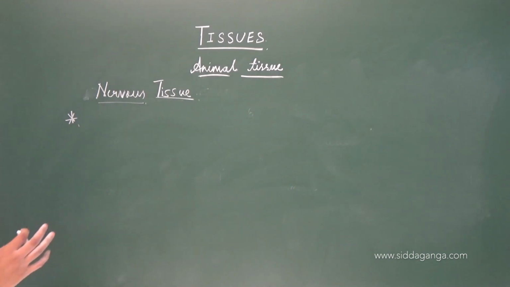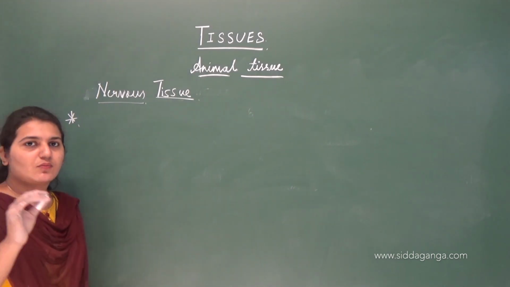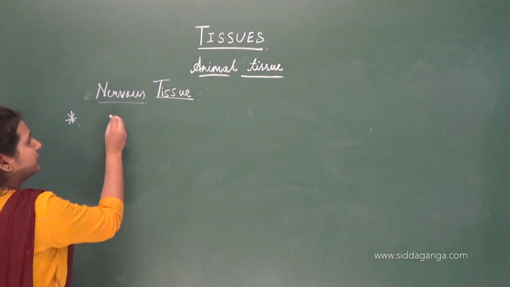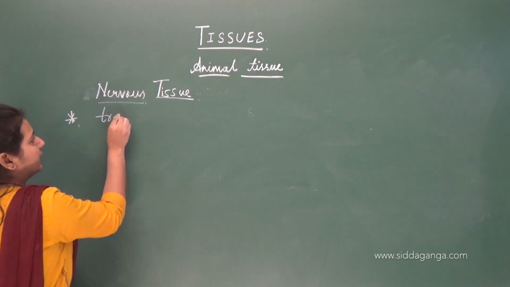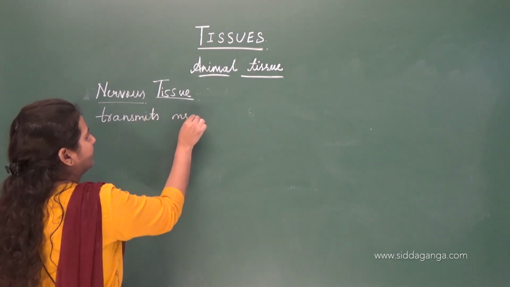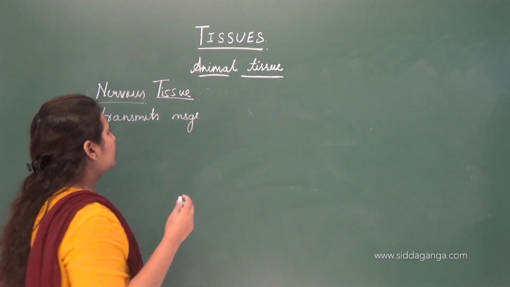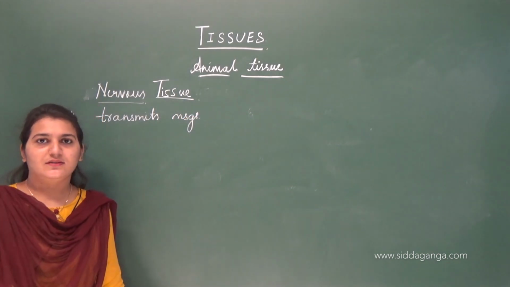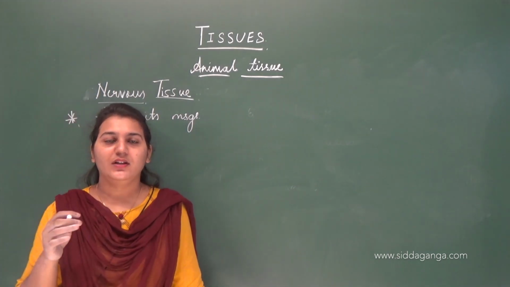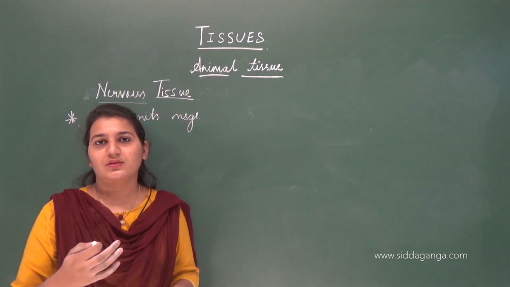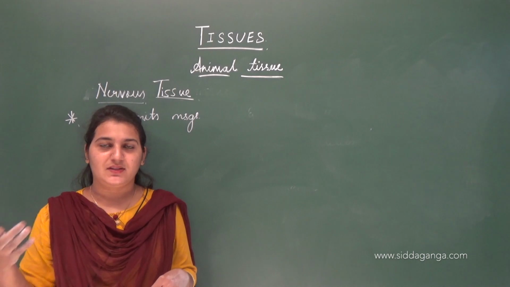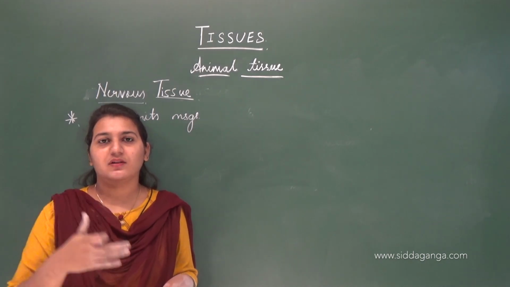This nervous tissue is one of the most important tissues in our body, and the major function of this nervous tissue is that it transmits messages. What messages, and how does it happen? What happens when you are somewhere away and you want to talk to someone who is not around? You just call them or text or message them, isn't it? Even our body works the same.